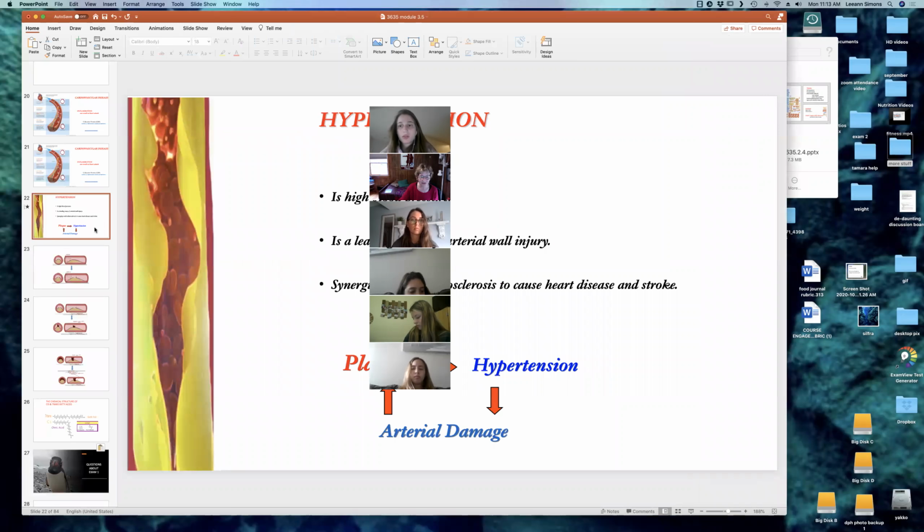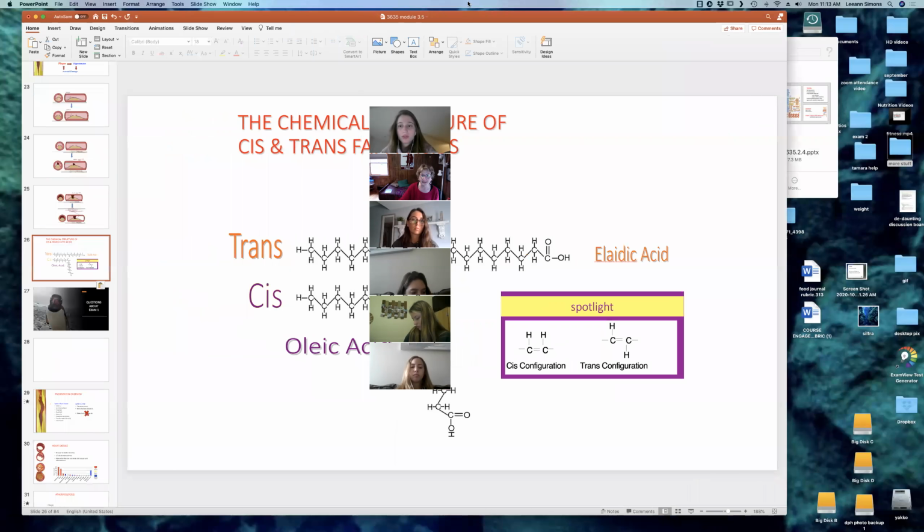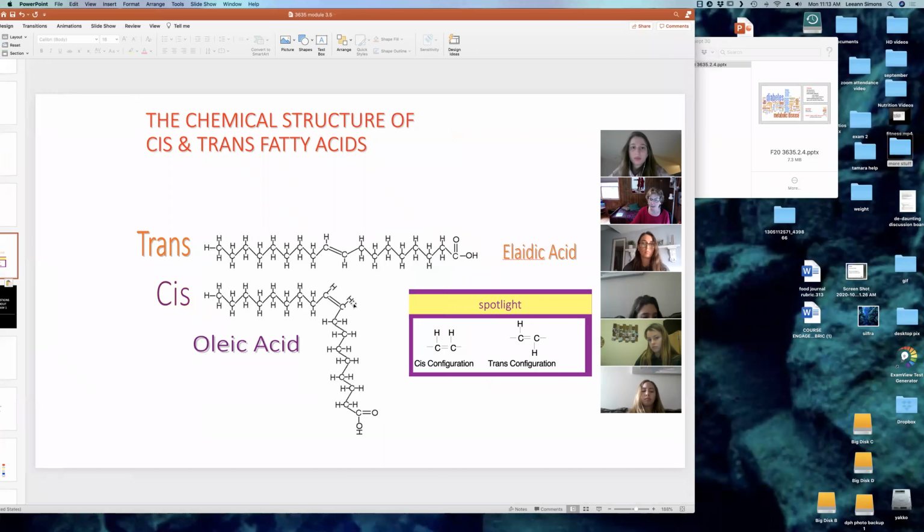This was the slide that showed the endless cycle of plaque, hypertension, and arterial damage. And until that cycle's broken, it's going to keep happening, and that can lead to a heart attack or stroke. In terms of cis and trans fatty acids, it has to do with the chemistry. When a fat is totally hydrogenated, there are no double bonds. But when it's partially hydrogenated, it changes the configuration of the hydrogens on the double bond from one to the other, and it's the trans configuration that has been shown to increase heart attack risk as much as saturated fat.